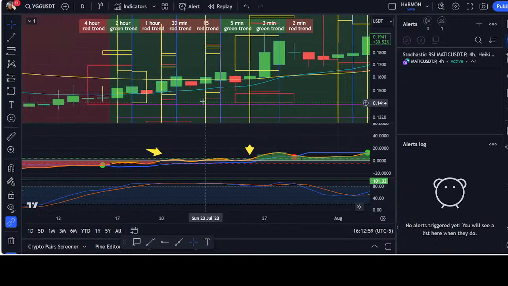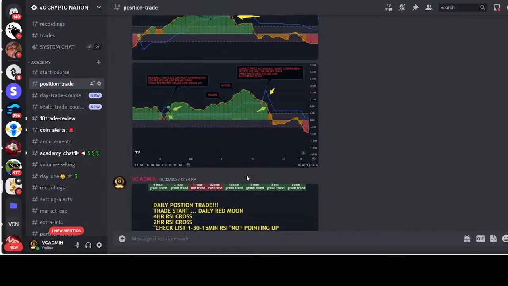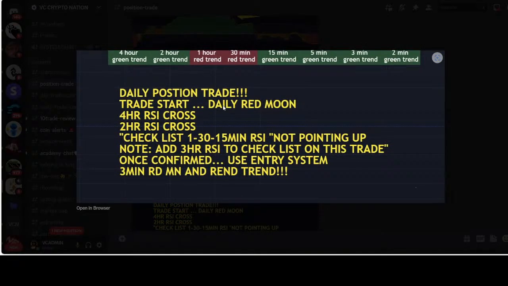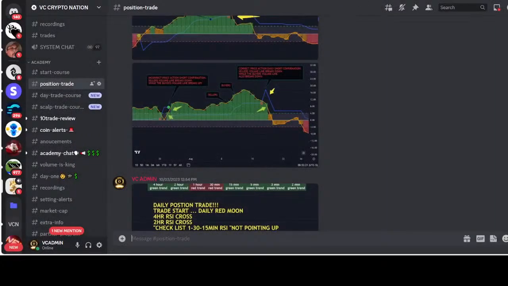For longs, right? If you take a look at your position trades here, it's very simple. You have a day trade, daily red moon, 4-hour cross, 2-hour cross, checklist, right? The checklist is always the same. 3-minute entries are always the same. So let's just take a look here